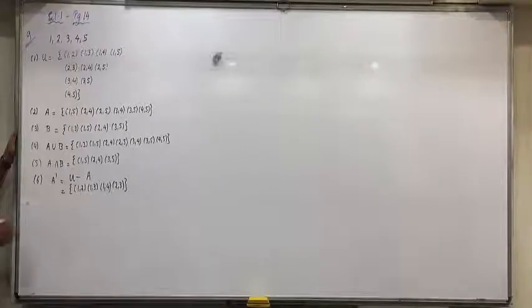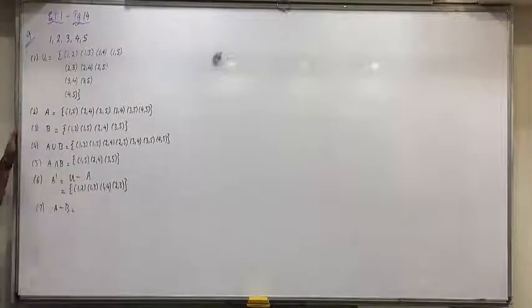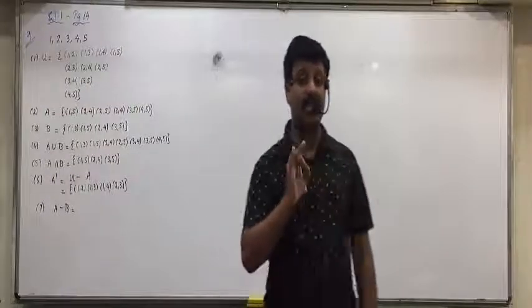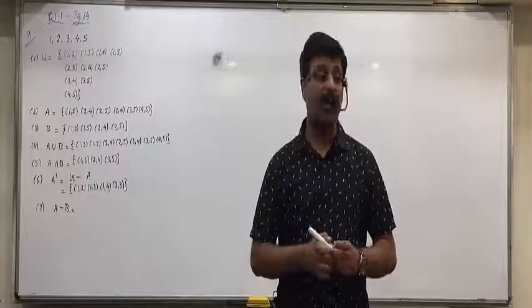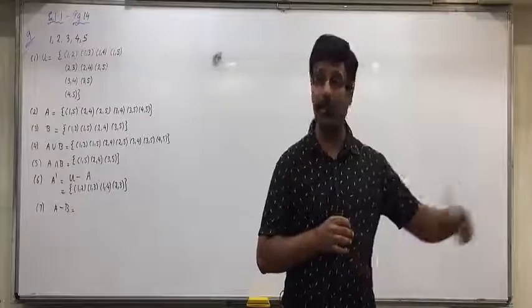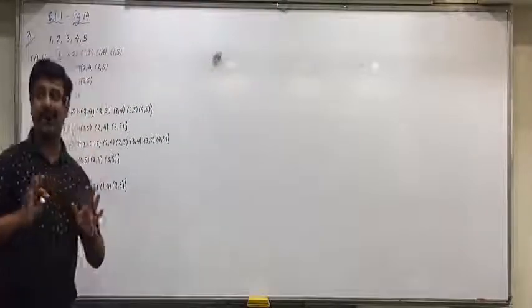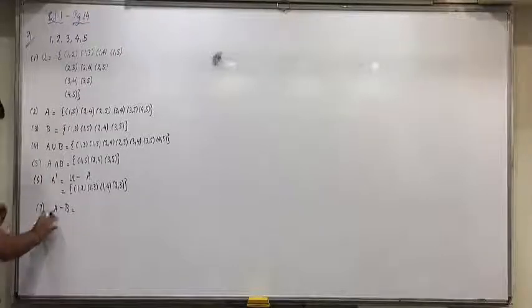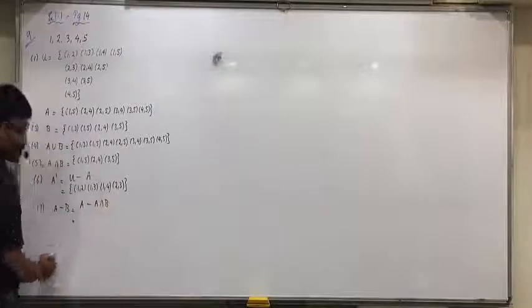What is next? A minus B. Raise your hand. We have studied this in the notes as well as in the difference event. What formula did I make you write for A minus B? Directly don't answer it. What formula did we write for A minus B? Saloni? A minus A intersection B. Last term, difference event. Even in the notes we have seen that. So how will you obtain A minus B? A minus A intersection B.